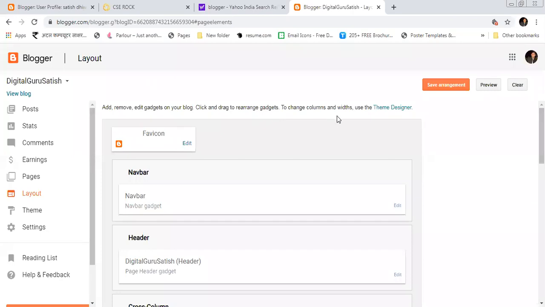To change the column and width also you can use your drag and drop feature, and also you can design your own